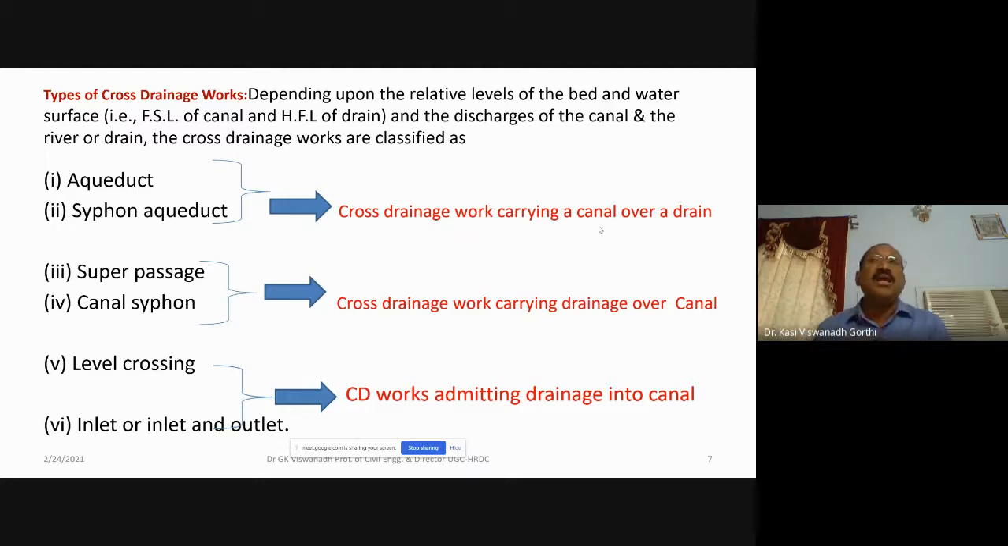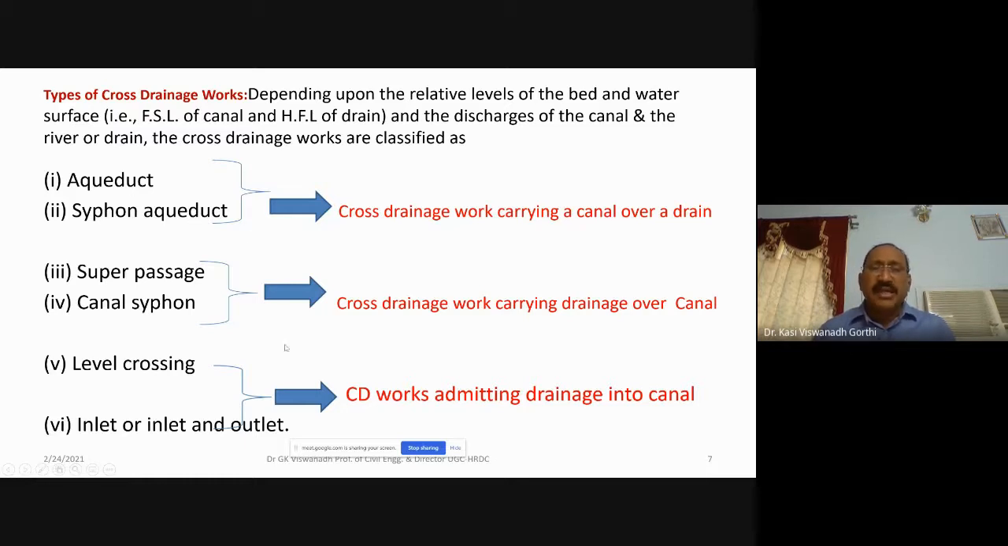Because when you are aligning a canal, you can't give a very steep slope. Similarly, you can't give a very mild slope either. If you give too mild a slope, water may not flow. If you give too steep a slope, a jump may be formed and the cost of excavation will be very high. Keeping these two in mind, canal alignment becomes a very big subject. And at places where it is crossing a drain,